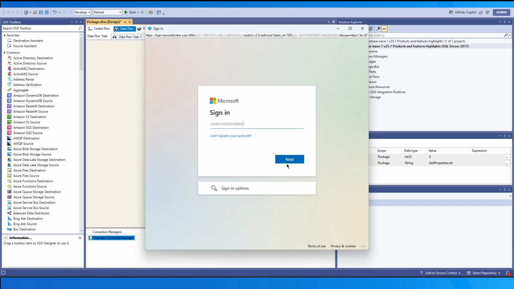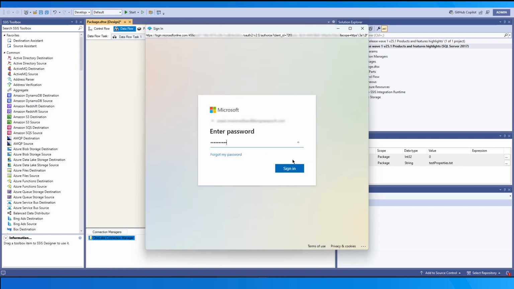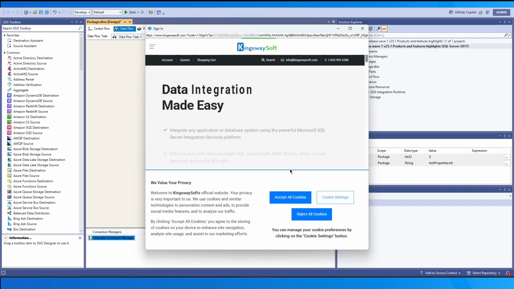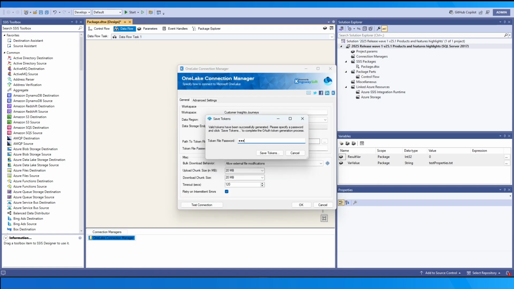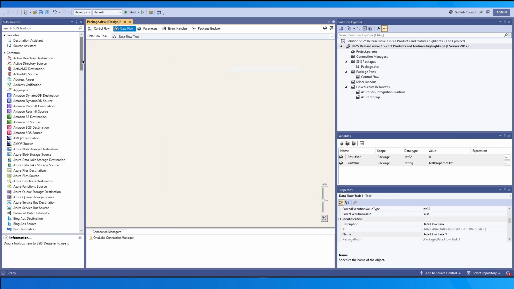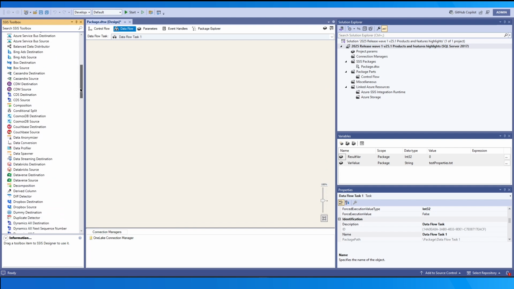When the prompt comes up, sign in and authorize, which will in turn redirect you to the redirect URL that you had configured along with the code that our component will parse and create the token file. Enter an alphanumeric password of your choice to encrypt the token file and save it. Next, choose the miscellaneous settings as required and click on Test Connection. Once tested, save and close the connection manager, and then we move on to the source component to read.